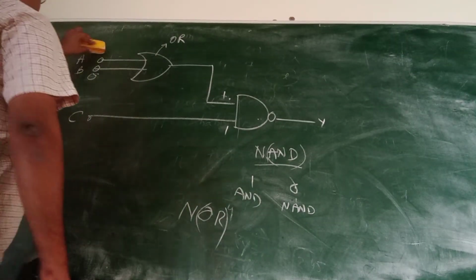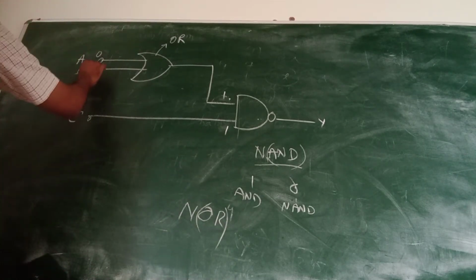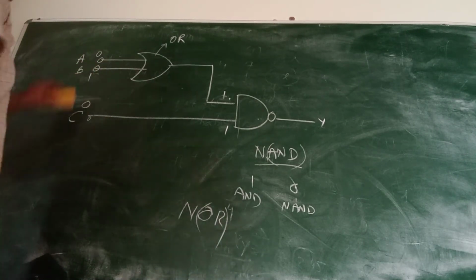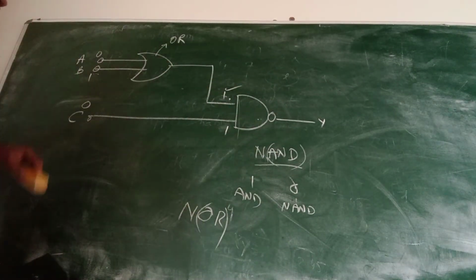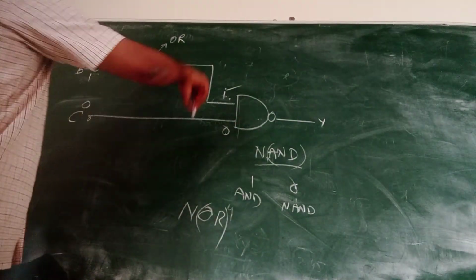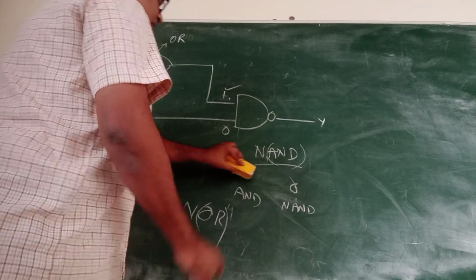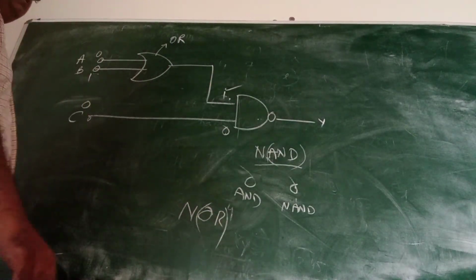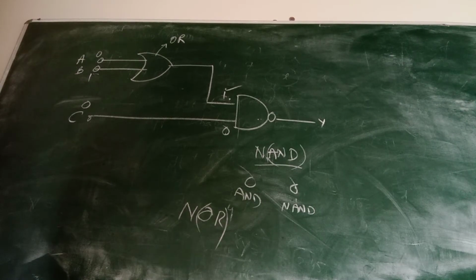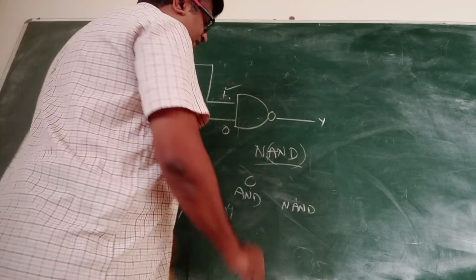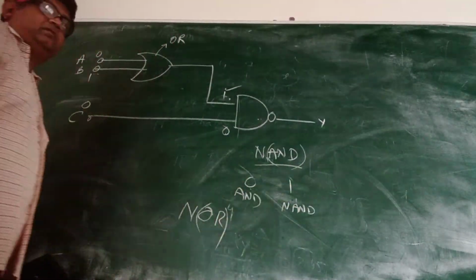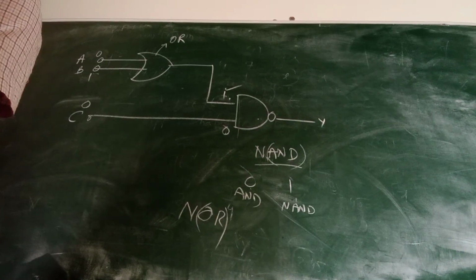Alright. So let us make this 0, 1 and 0. So 0, 1, one of these two is 1, so this will be 1. The other is 0. So 1 and 0 in an AND gate will give you 0. Okay. In AND both have to be high to get a high signal, because one of them is low, you got the low signal. Because you are using a NAND gate, the 0 will be converted into 1. So let us see one more.